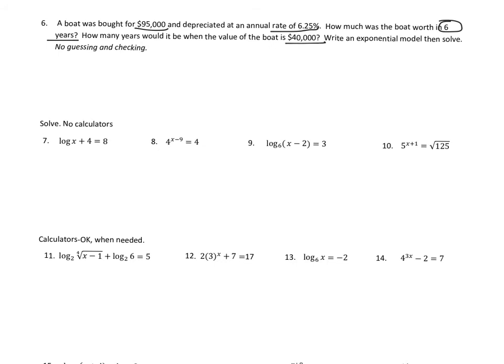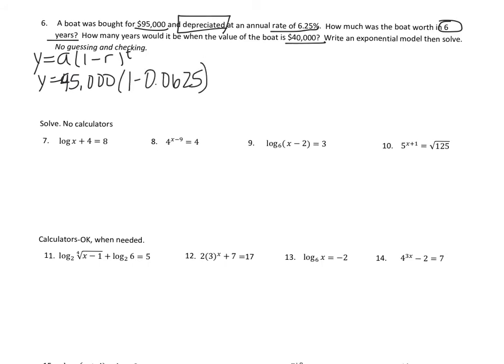Let's write our model based on y equals a times 1 minus r to the t. And I'm using minus because depreciated means it's decaying. So y equals 95,000 times 1 minus